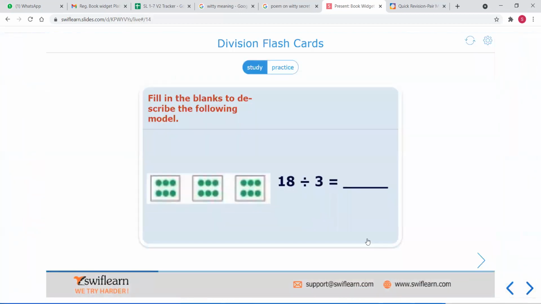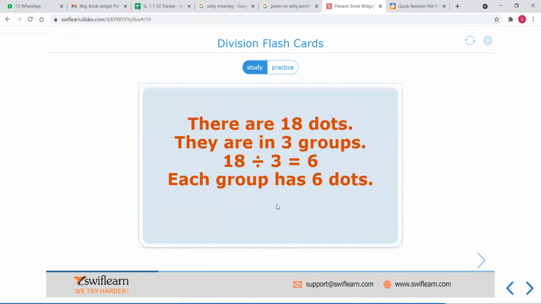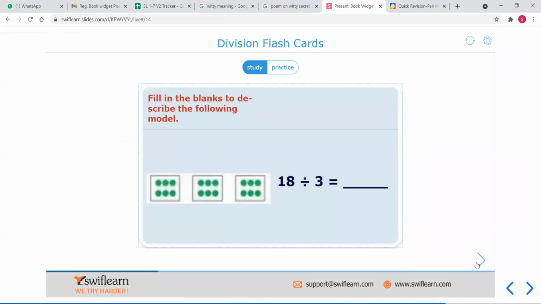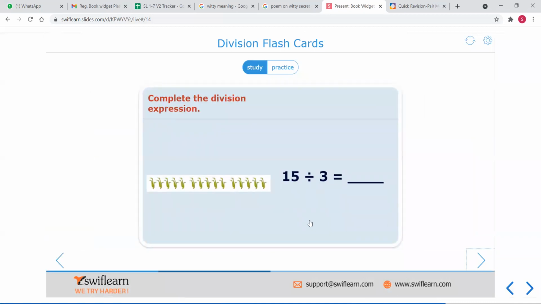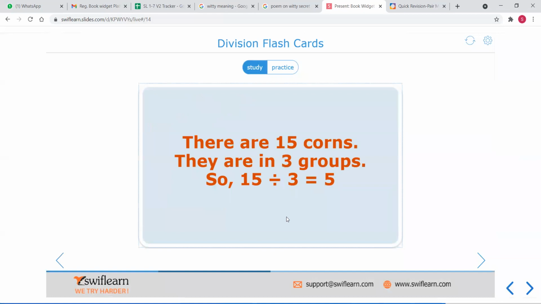This is one more flashcard activity. In this activity, your students have to annotate the answer. So you have to give them control so that they can annotate the answer, and to check, you have to click in between the flashcard, and on the opposite side of the flashcard you get the answer. Like this is the next card. Click in between the flashcard, your answer is on the opposite side.